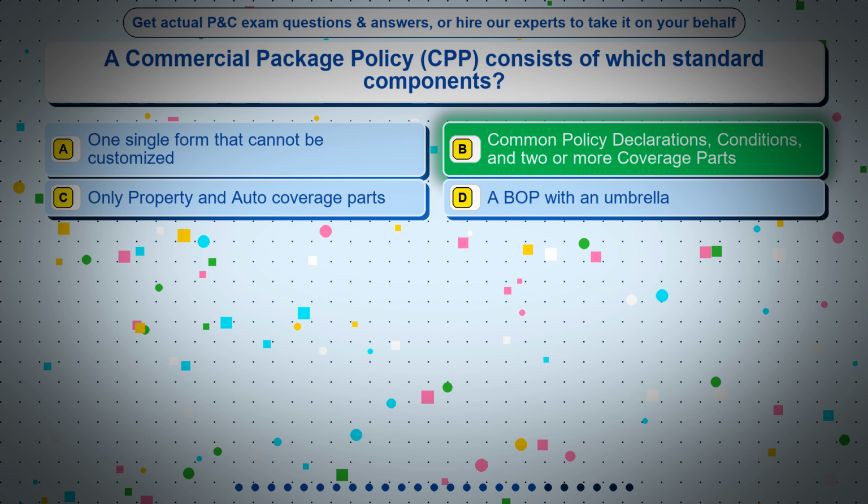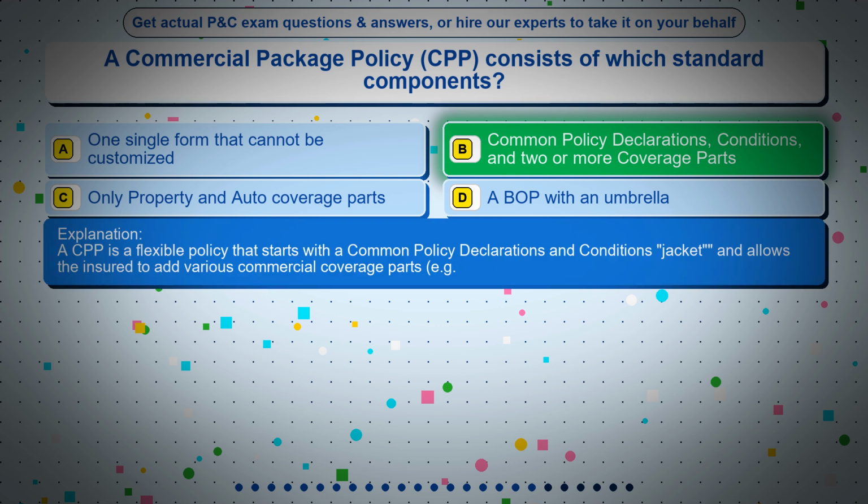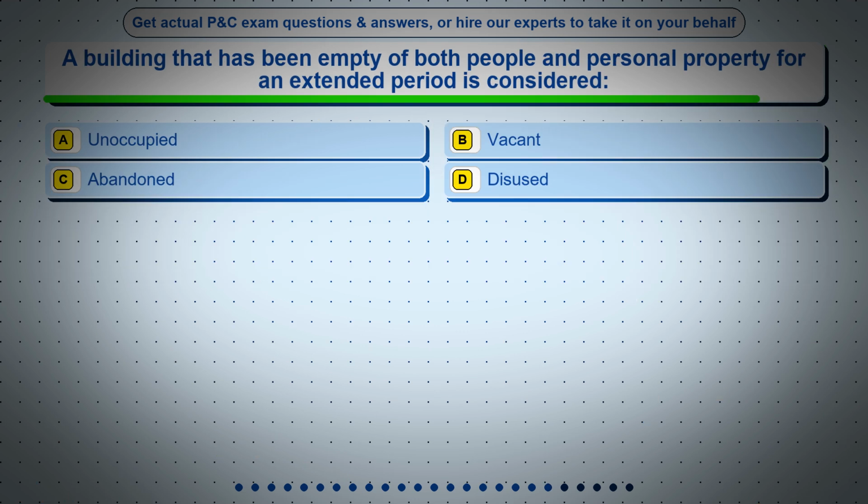A CPP is a flexible policy that starts with a common policy declarations and conditions jacket and allows the insured to add various commercial coverage parts. For example, Question 20. A building that has been empty of both people and personal property for an extended period